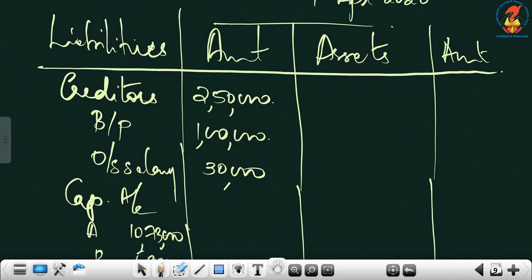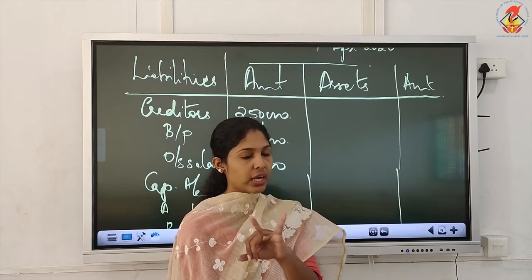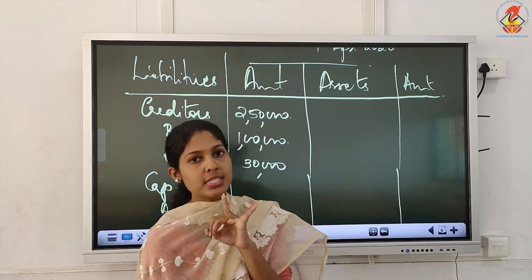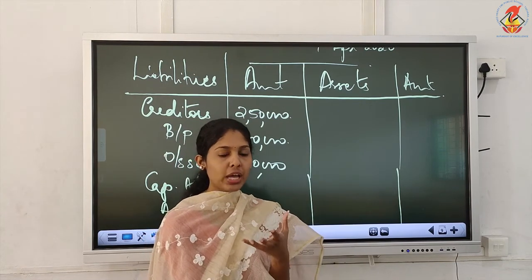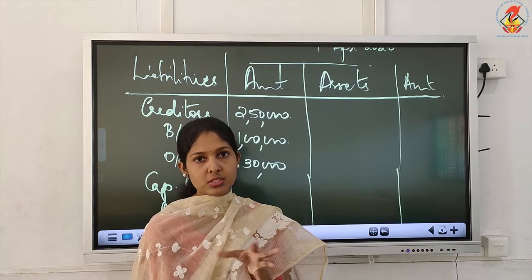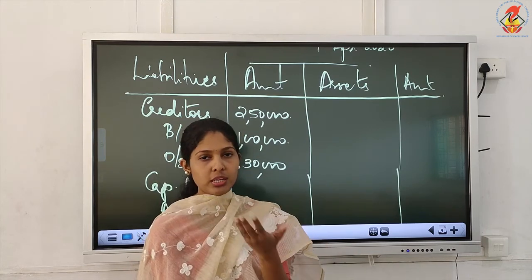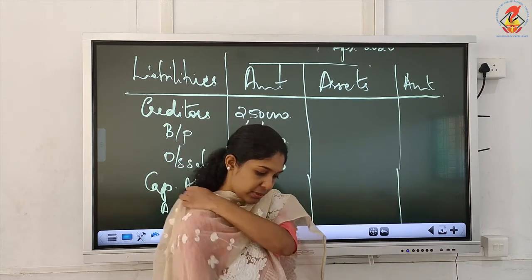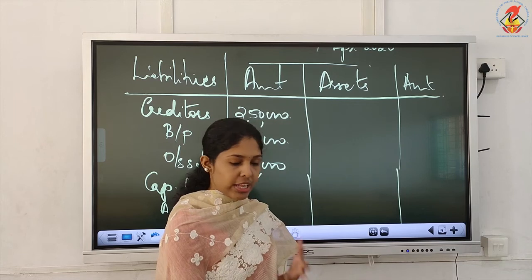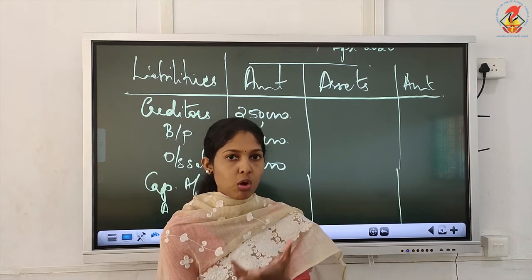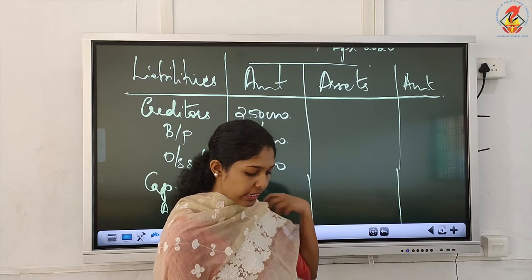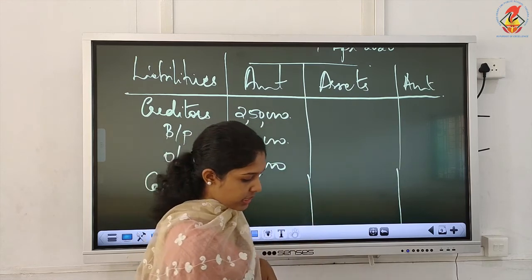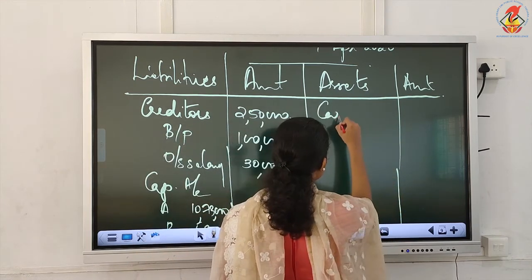Now, on the asset side, similarly you have to see each and every item given. Cash in hand is given. With that we will add 2 items, one is capital, one is premium for goodwill, and here we do not have a withdrawal entry. So there is no cash moving out, so no need to deduct anything, just add your capital and premium for goodwill. Capital is 5 lakhs. For premium for goodwill, which amount will you take? What you received. What we got in cash is only 1,20,000. So we will write cash, that is cash in hand,